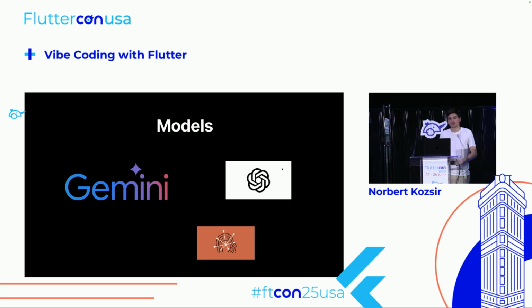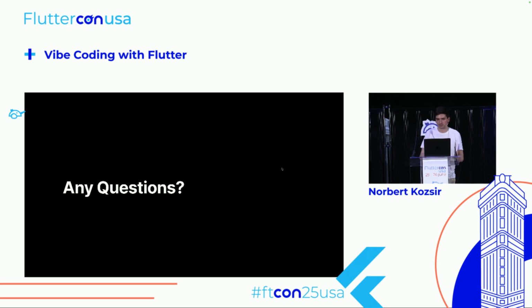For models, same thing. There's so many different models, and they all have their merits. They all usually work pretty well. Me personally, in this talk, I'm going to use Claude 4. I'm also a big fan of Gemini 2.5, which also works. The thing is, every model has a slightly different personality, so you kind of have to get used to how a model typically works. And I've just had the most experience using Claude 4, so that's what I'm going to stick with. Feel free, if you're using Cursor, there's an auto mode that you can use. It will pick an appropriate model for you. Feel free to pick any model. Everything should be applicable to pretty much any model. It's just a matter of details, how they kind of work.